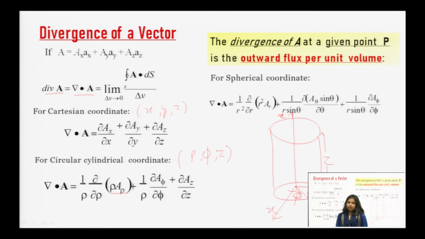Similarly, we can define the divergence in spherical coordinate also, and any point or vector in a spherical coordinate is defined with the help of three fundamental parameters, that is known as r, theta and phi, where r is the radius of sphere, theta is the polar angle and phi is the azimuthal angle, same as in cylindrical coordinate. Divergence gives how much that field is able to spread.